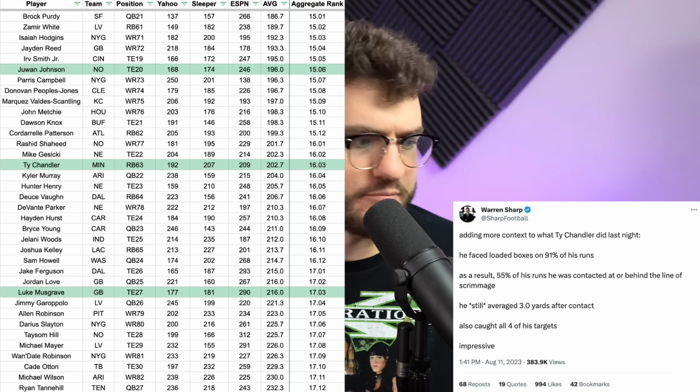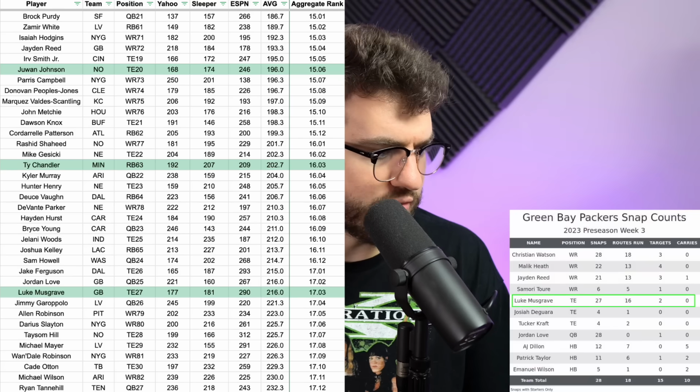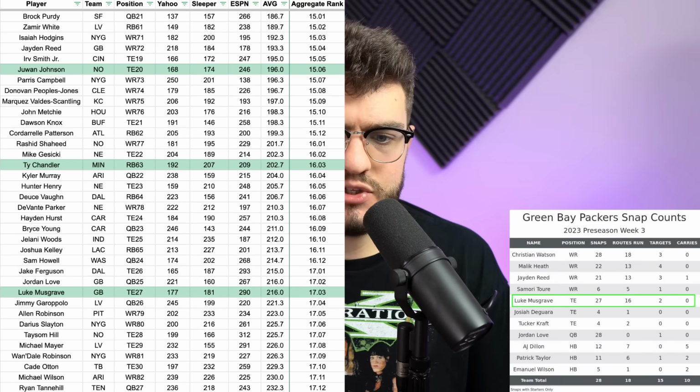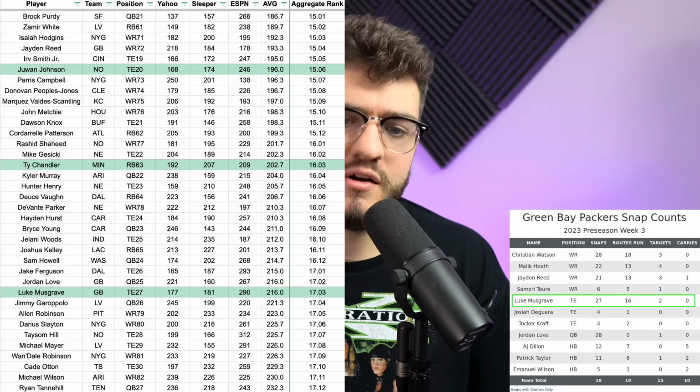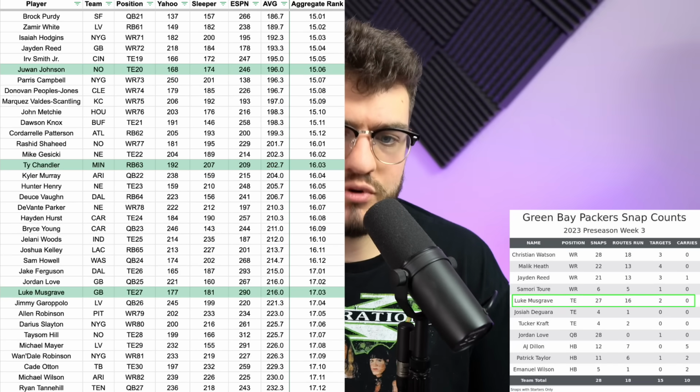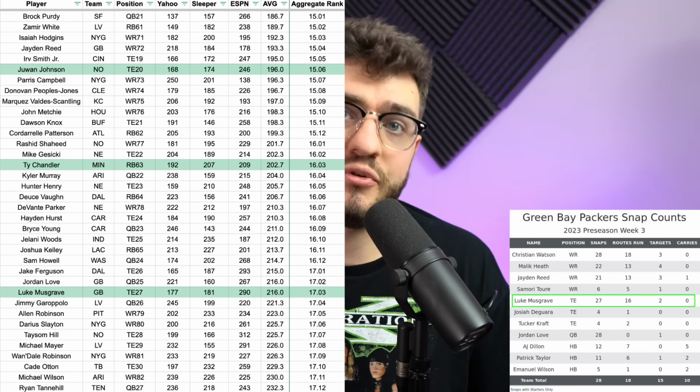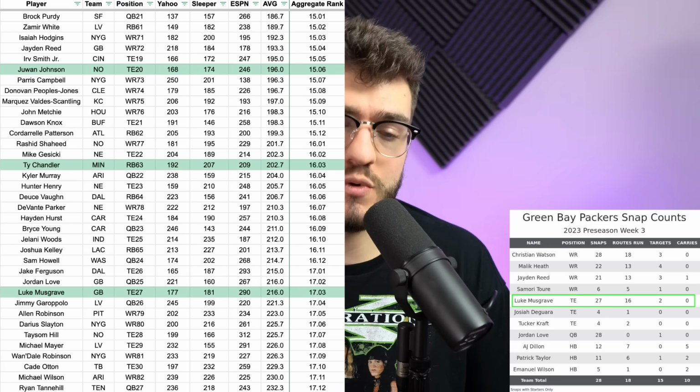And then our last guy here is Luke Musgrave, rookie tight end. He is the 1703 as a tight end 27. He's my 1304 as my tight end 18. I love Luke Musgrave. People love to fade rookie tight ends. Rookie tight ends, they don't get to run routes and be starting tight ends right away. That's the biggest issue with them.